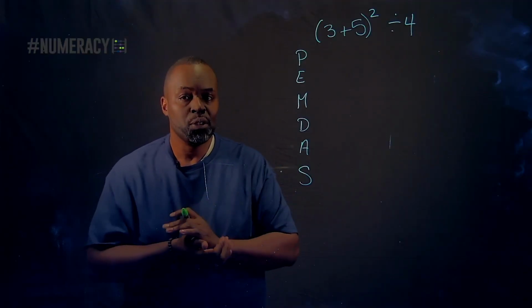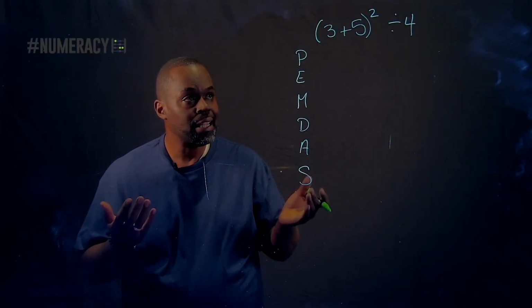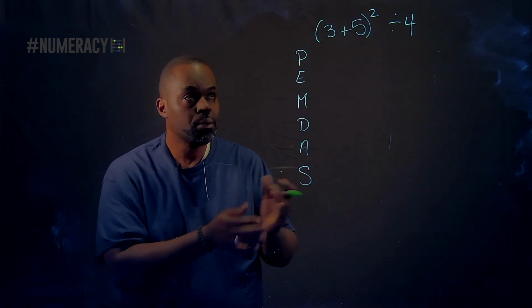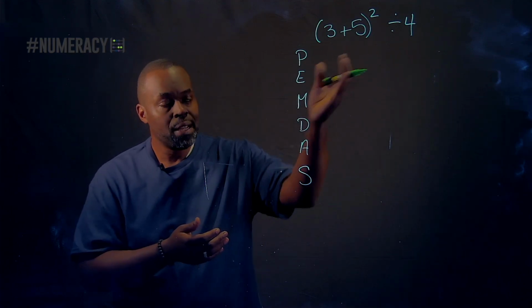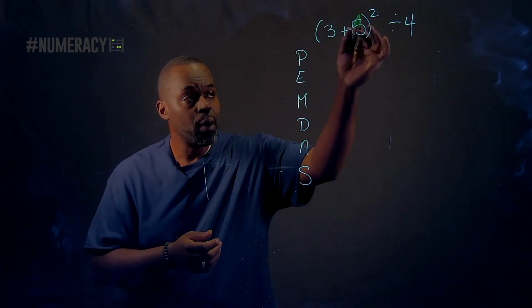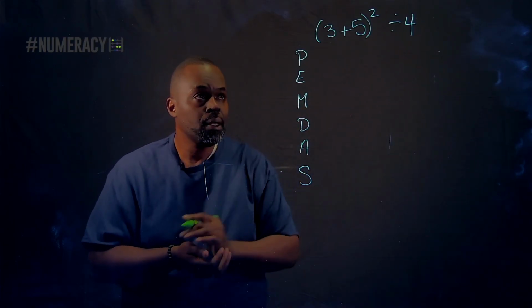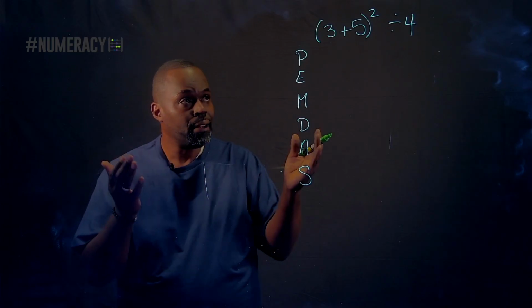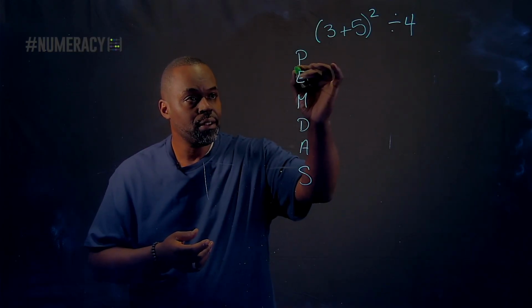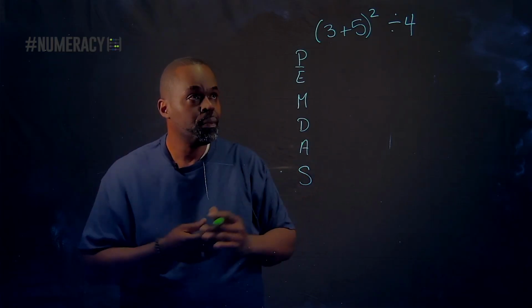Welcome back to our numeracy board. In this lesson, we learned order of operations and we talked about PEMDAS. So let's do an example. Here we have the expression (3 plus 5) squared divided by 4. And so we're going to look at our order. So the first thing we have is a parentheses, which is the P. So we're going to